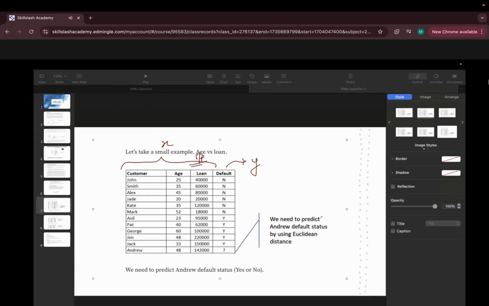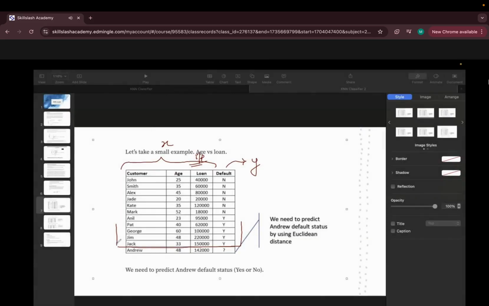What it is showing is that we need to predict Andrew's default status by using Euclidean distance. Now guys, understand this very carefully. We already have the data set till here, which has the target column already available, which means we have input data and an already known target column.